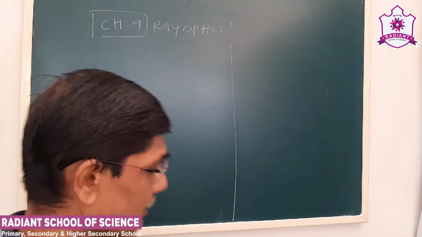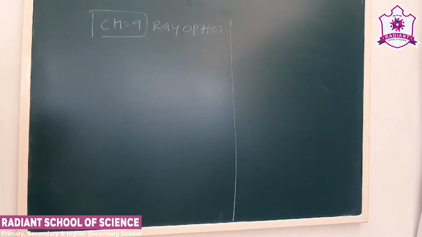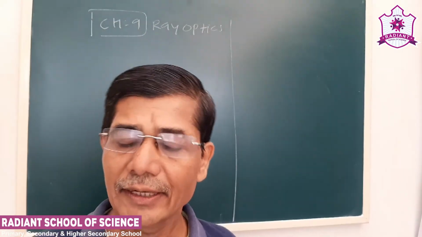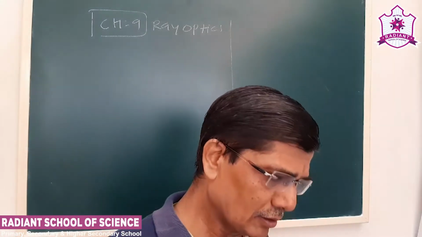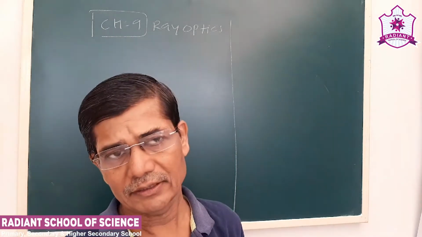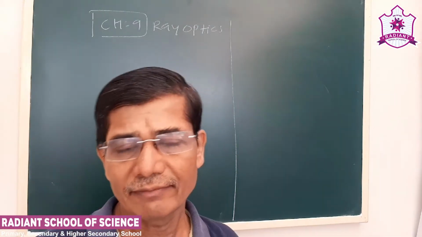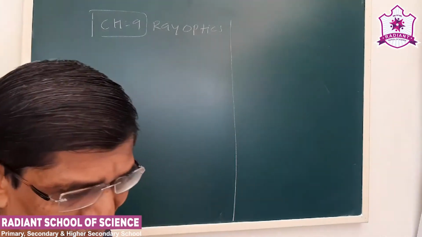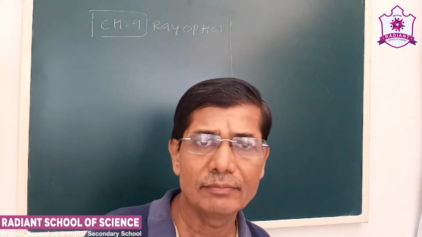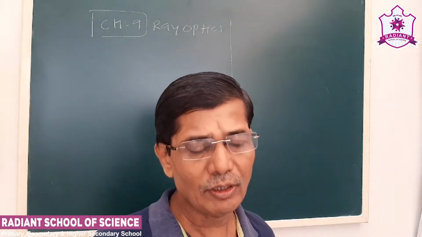Dear students, last time in lesson number 9, that is ray optics, we discussed refraction by a lens. Then we talked about refraction by a thin lens, and we also discussed the equivalent focal length of a combination of lenses. We also saw how the image is formed when an object is placed in front of a convex lens at different positions, and similarly we have to see it for the concave lens also. So that was the major theoretical part of this lesson, which has very important topics.